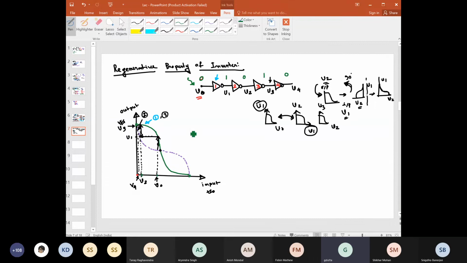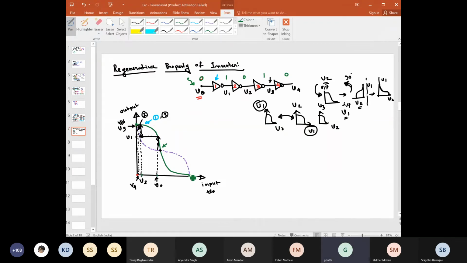Now I think you have understood why we have defined this as the threshold voltage, right? Because below it, if you give any value, the noise will slowly reduce, and the signal value will be restored to one of the stable voltage points, right? If it is below the threshold, then it will reach this VDD. If it is above the threshold, then it will reach this other point.